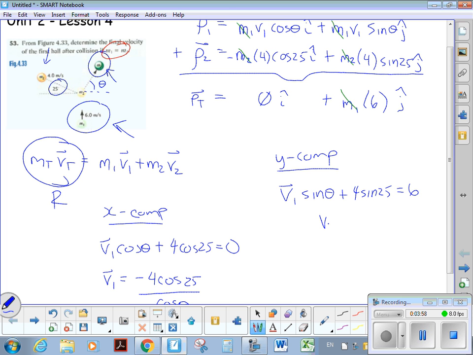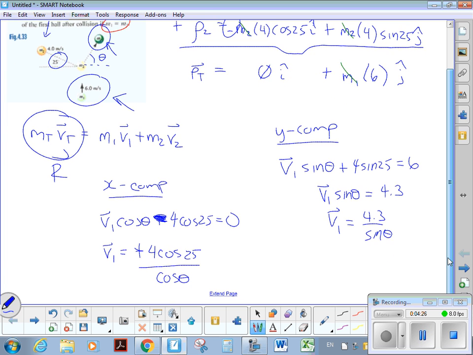So that gives me v1 sine theta equals 4.3. I just got to go back to the x component for a second there. It should have been a negative 4 over here. I forgot about my negative sign there, which means it would be a positive over there. Over here then, v1 equals 4.3